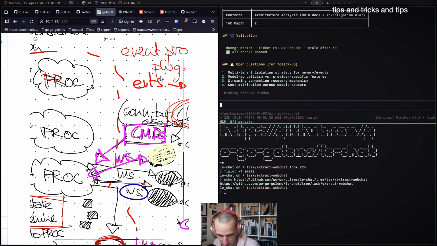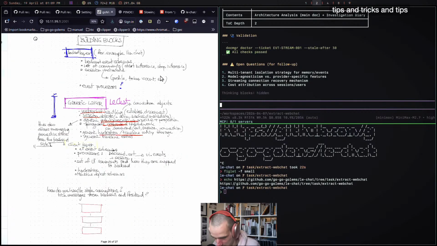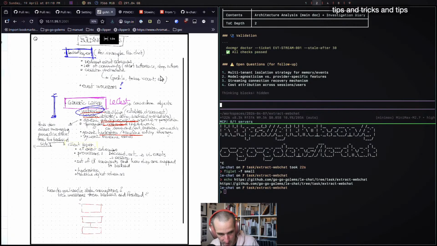So I'm curious to see, will it understand that I do want to have WebSockets? It's possible that I also mentioned it on the second slide. Yeah, see, I mentioned WebSocket over here. So I'm curious to see, is it able to recognize my handwriting, that I said WebSocket on here?